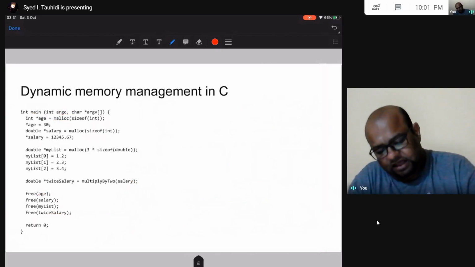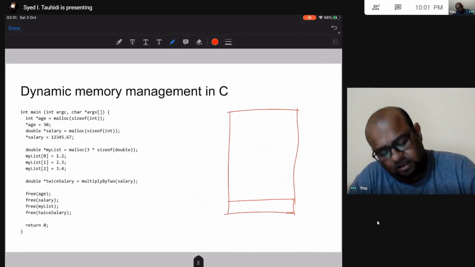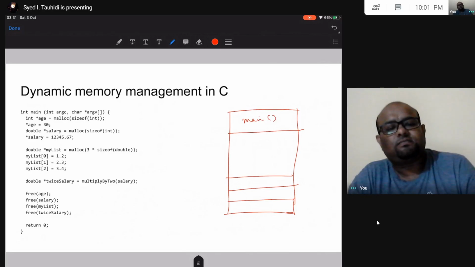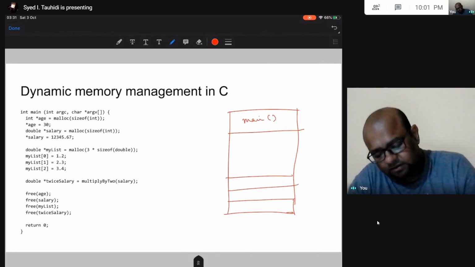Now, a simple thing, not going to take much time. We have already talked about this. Say I have this function main. Inside main, I am calling function one.